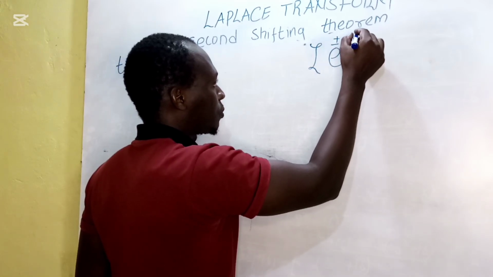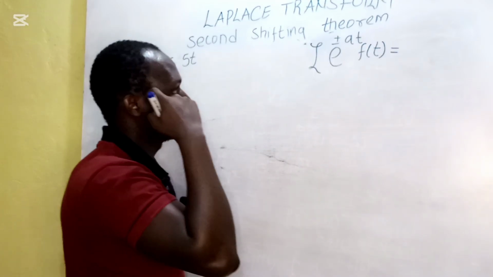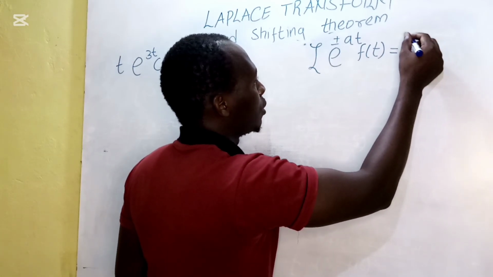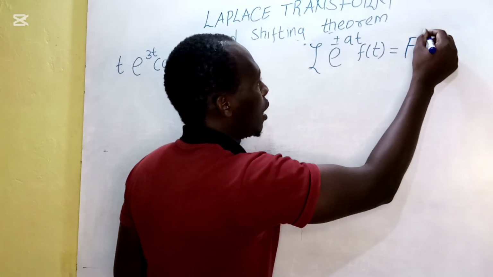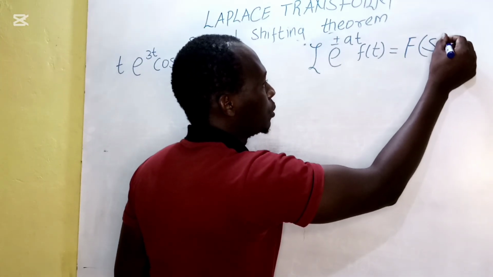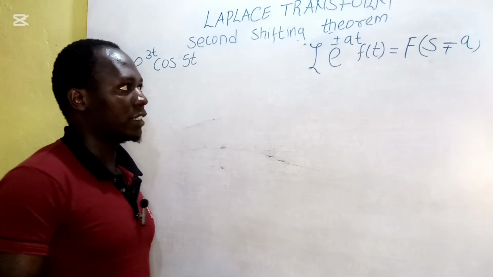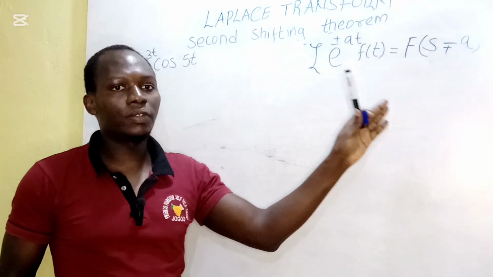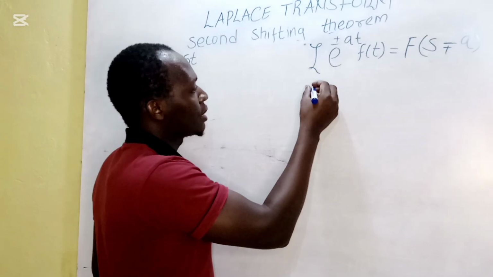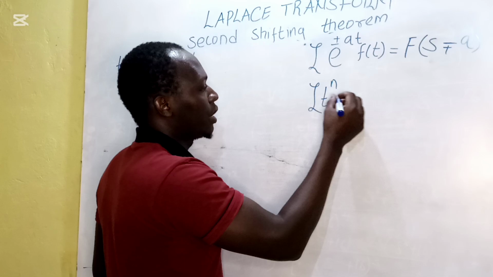exponential positive or negative a t of our function f of t is equal to, we first get the Laplace transform of our function f of t, and then to the term of s we do our shifting, which is going to be a positive or a negative. This is the first shift formula. And the second shift formula, we understand that it is the Laplace transform of t to the power of n